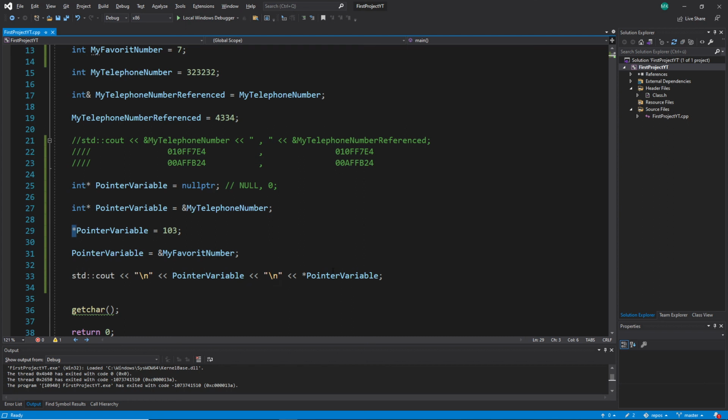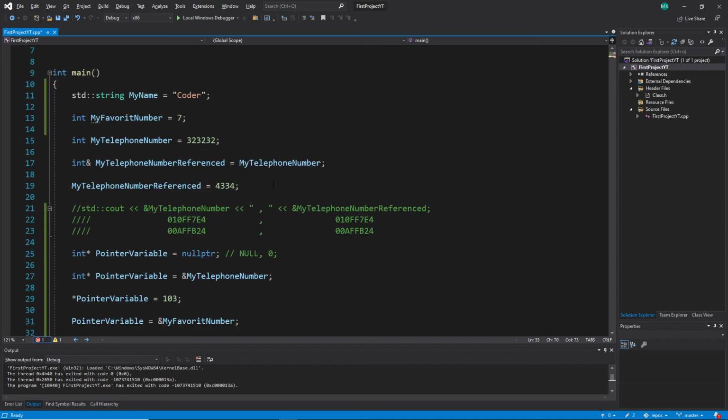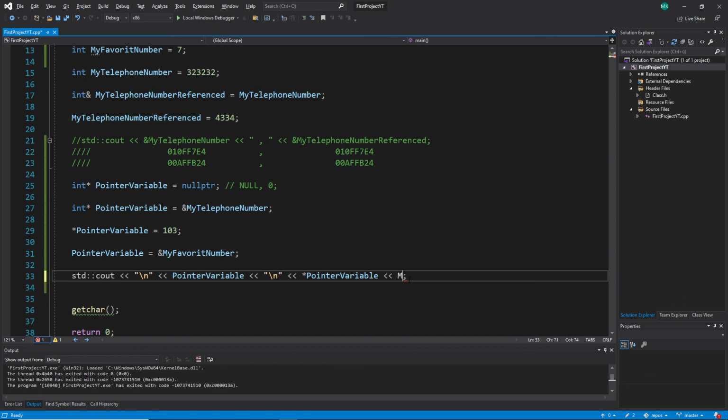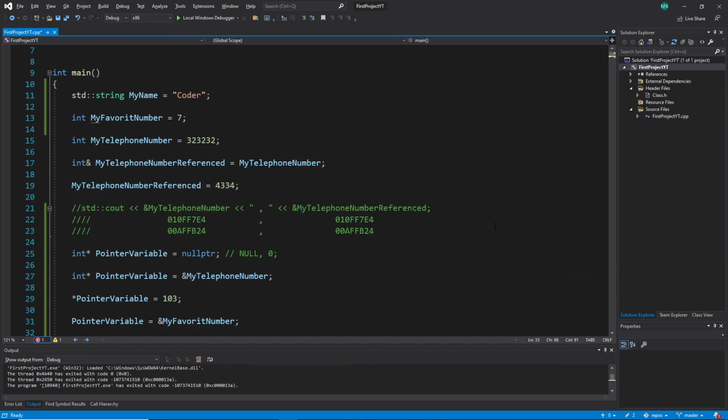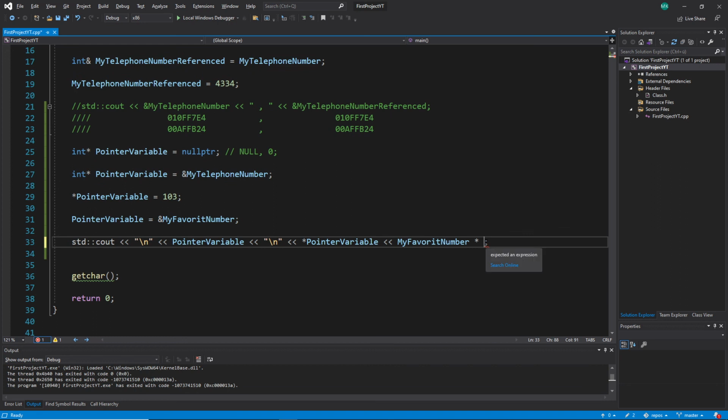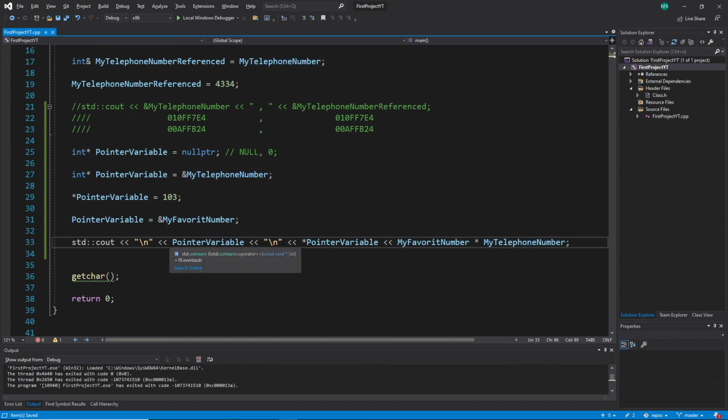When it's on the right side, for example, let me show you this one. When you write here my favorite number multiplied. This time it's not a pointer. This time what I do is multiplication. My telephone number here. So we have to train this asterisk sign, because here we have a